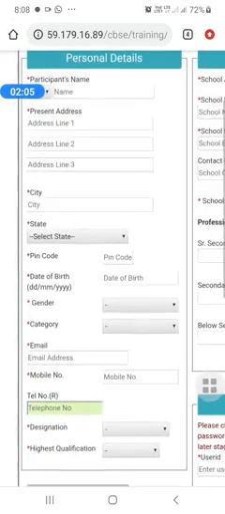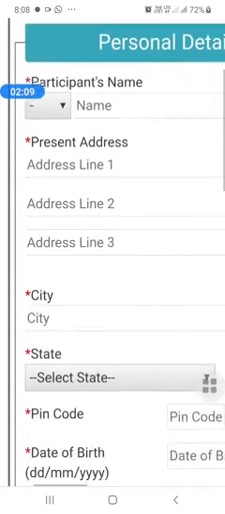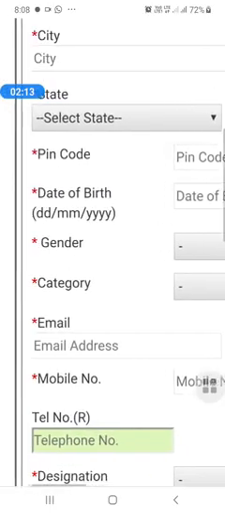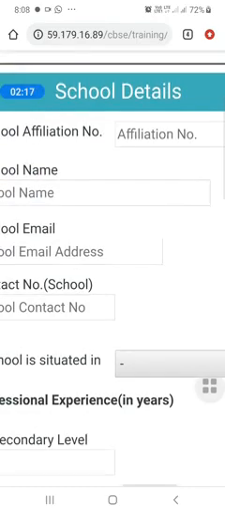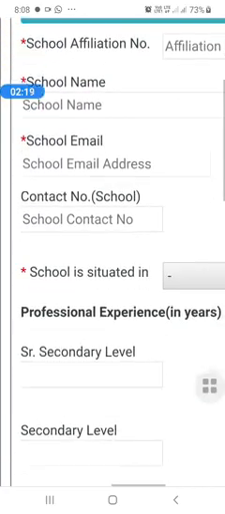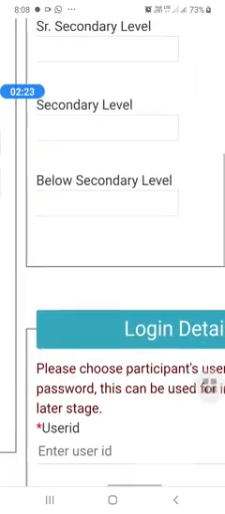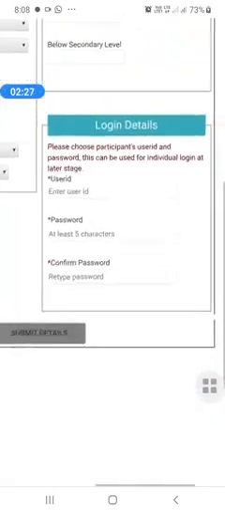For that you have to give all the details like participant's name, address, city, all those details, and then the school affiliation number and all those things have to be given, whether you are teaching in secondary or senior secondary or below secondary. Then you have to create your own ID.